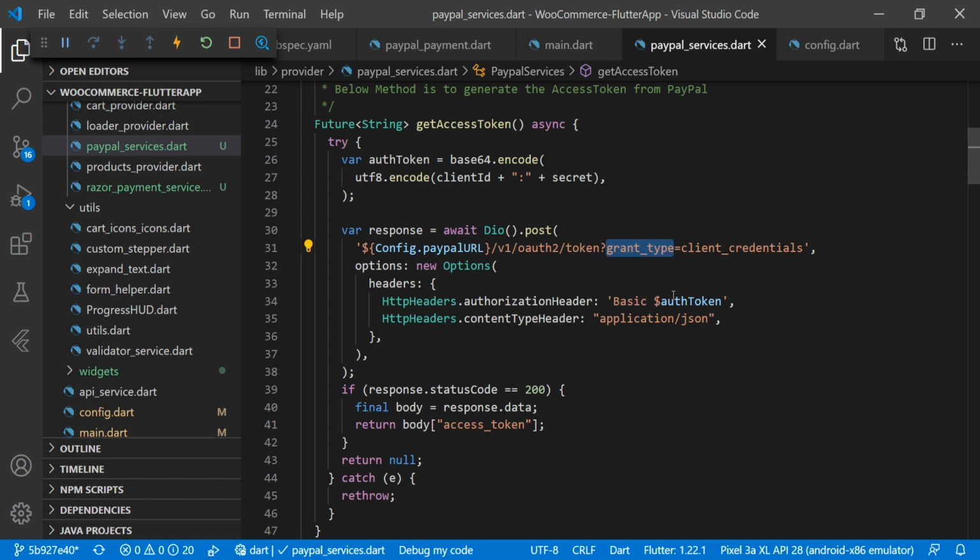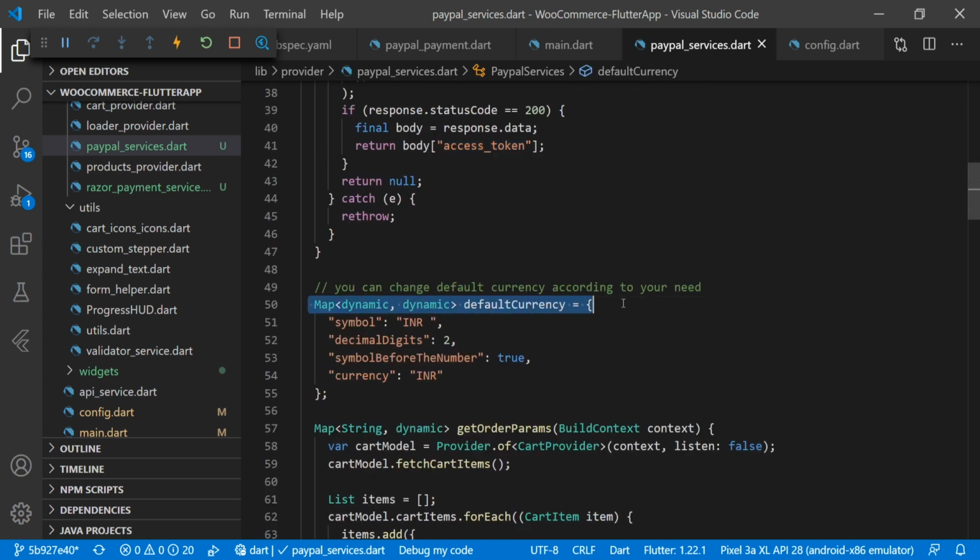Then we are passing grant type client_credentials, and in the options we are passing the basic auth token here. In the content type we are passing application JSON. So when we get the response of 200, then we get the response data, and from that response data we will get the access token here, and that access token we will use in another service for posting the data of that payment gateway and all.